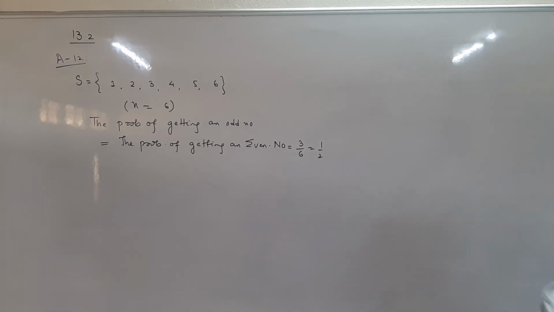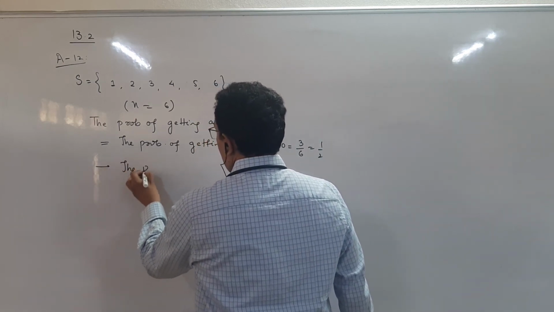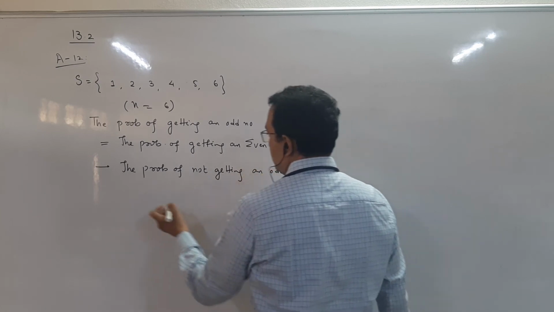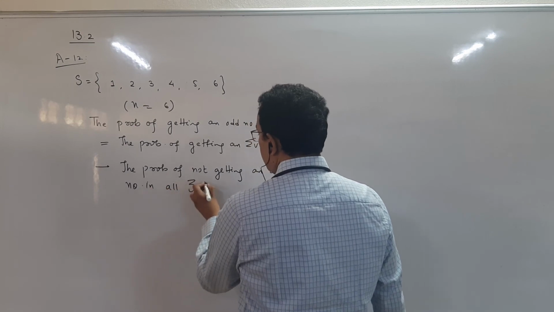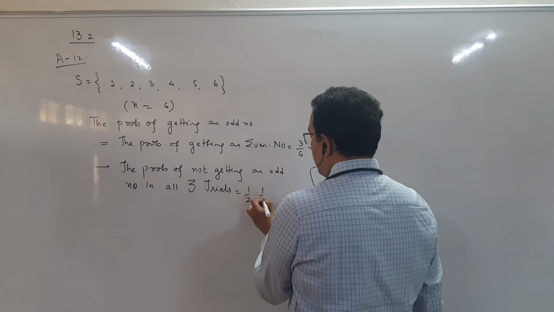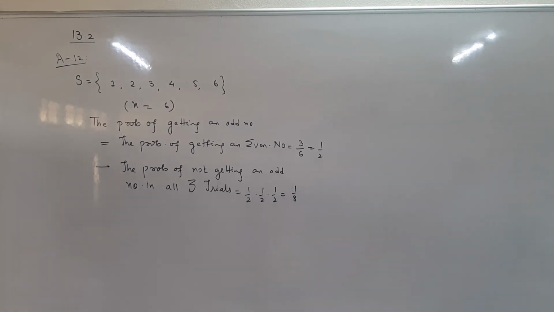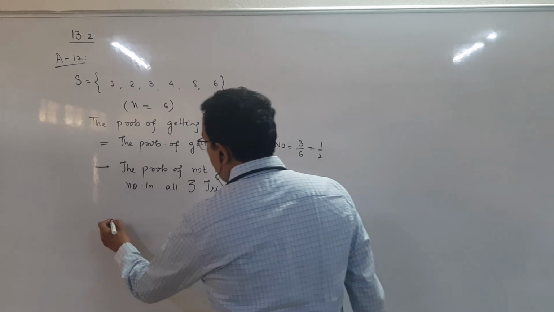Now, probability of getting an odd number at least once, we will do it in a different way. Suppose we do not get an odd number in any of the 3 tries. The probability of not getting an odd number in all 3 tries is half into half into half, because these all are independent events. In each one of the trials, the probability of not getting an odd number means getting an even number. It means getting an even number in all 3 trials is half into half into half, and that is 1 by 8. So if I subtract this from 1, then I get the